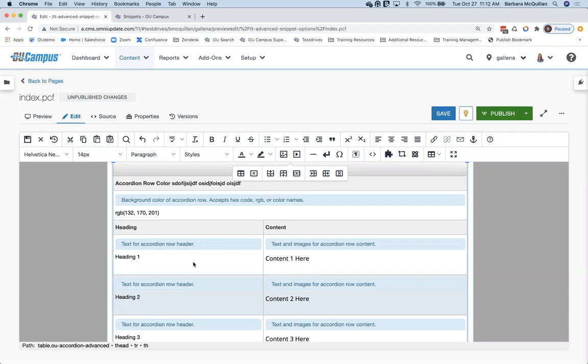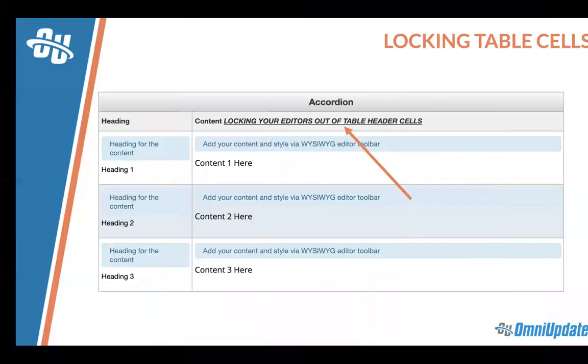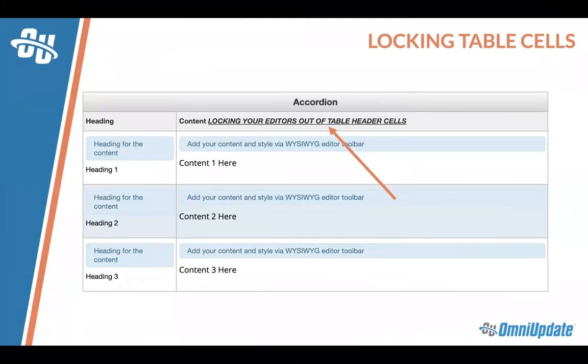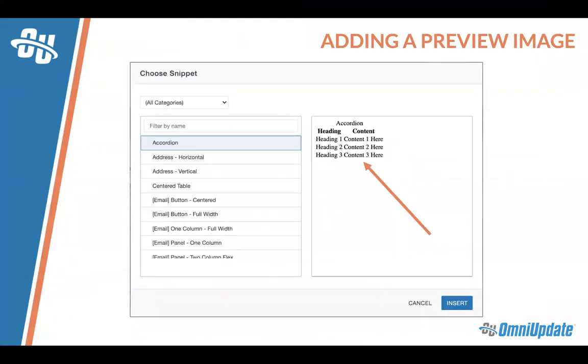All right, continuing down, other things that we may want to do in order to make that editing experience even nicer has to do with adding a preview image. So right now, the way table transformations are set up is when I'm going to insert it, I get this little preview on the right-hand side that's going to render the HTML that it finds in there. So if my snippet is flat HTML, it'll render the way the HTML displays. My table transformation snippets are a little bit rougher to understand what it is that I'm about to insert because I'm literally just getting a preview of a table. I don't see the rendered version after it's passed through the XSL.